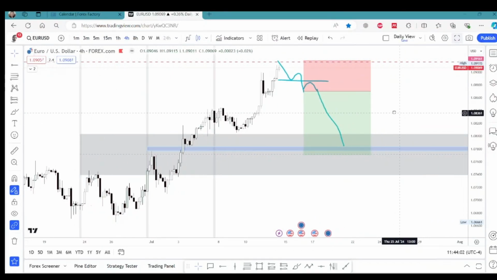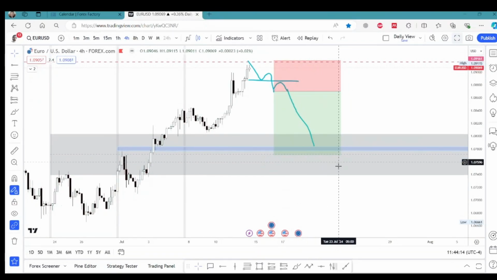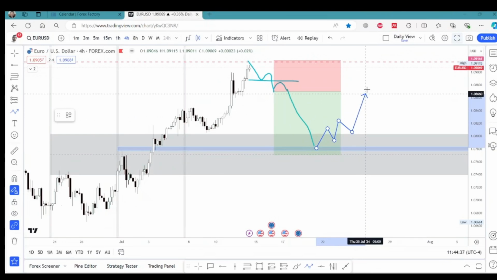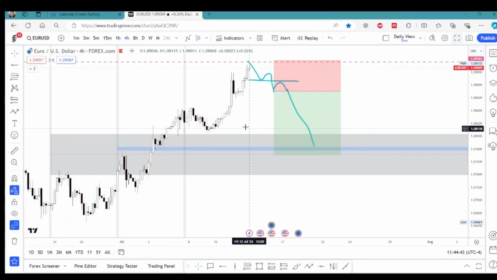And other than that, if we visit this area by Thursday or Friday, and we are at this price on Friday, I'll probably start to look for the long opportunities. I'm not sure I'm going to get involved in a long opportunity on Friday, but Friday should show some sort of rejection if the price has already visited this area, and then from Monday onwards we'll be getting into longs for the next week. But let's not talk about the next week. Just stay on this week for now.